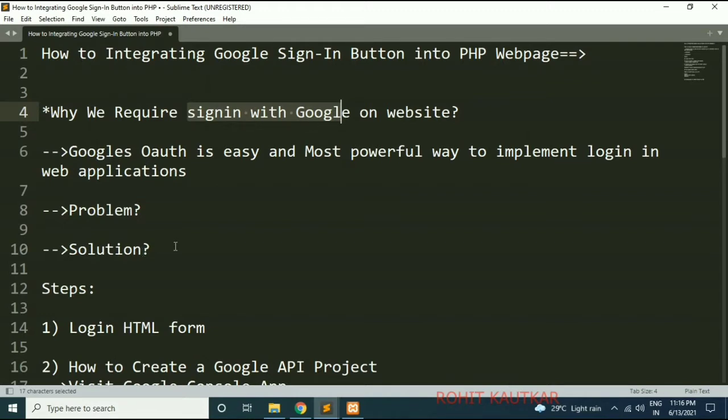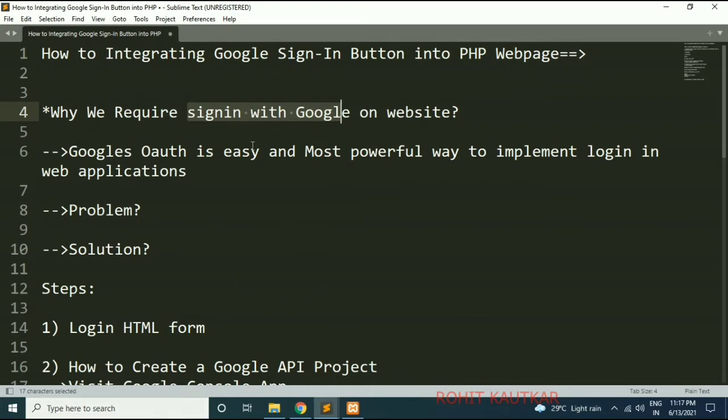Friends, nowadays you might have observed that many websites allow their users to sign in with Google, Facebook, Twitter or other popular web services. This is the most convenient way for new users to register with third party websites instead of signing up for a new account with yet another username and password.